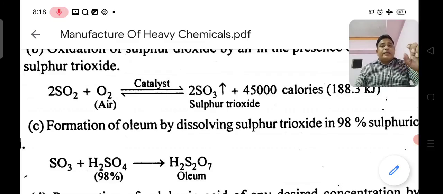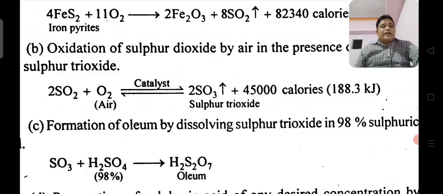99.99%. However, if we lower the temperature, then the rate of reaction will obviously fall. The rate of reaction decreases. So experimentally it is observed that at a temperature of 434 degrees Celsius, that is 707 Kelvin, we get 99% conversion of SO2 to SO3. So for this catalytic oxidation of SO2 to SO3, the optimum temperature to obtain maximum yield is about 425 to 450 degrees Celsius, that is, in Kelvin,